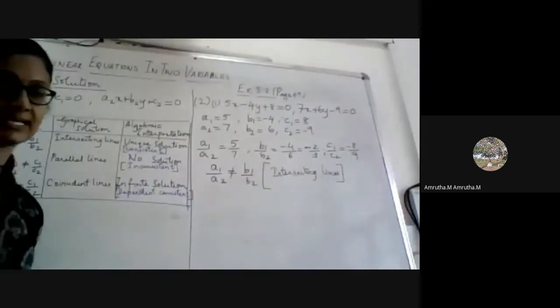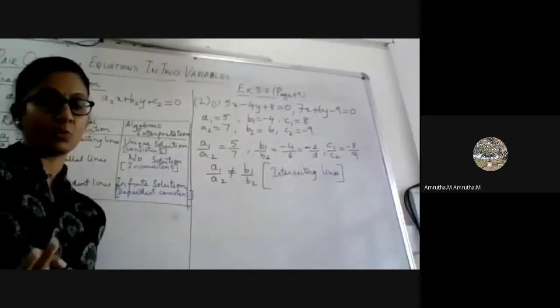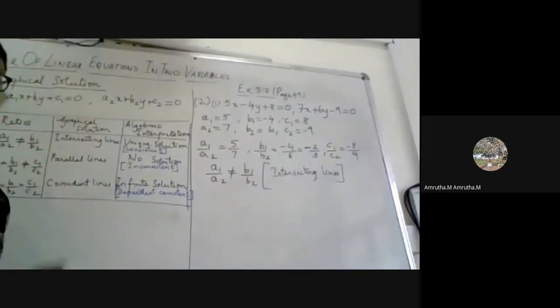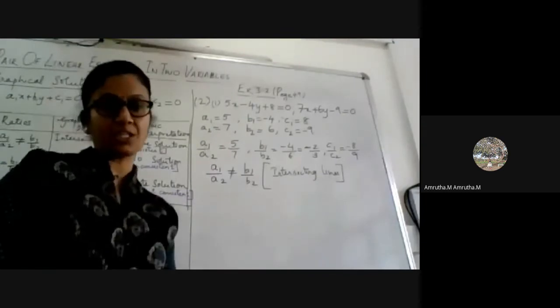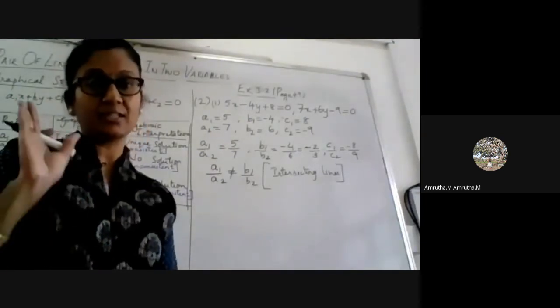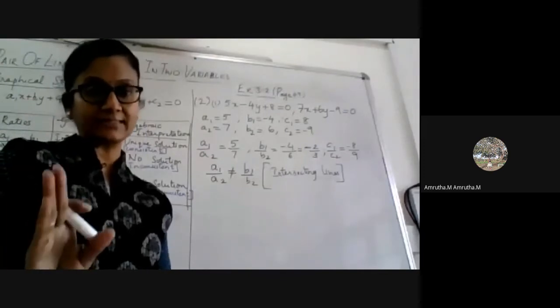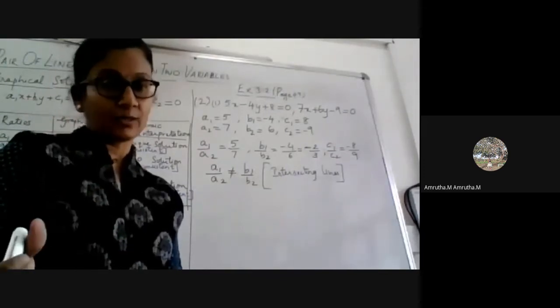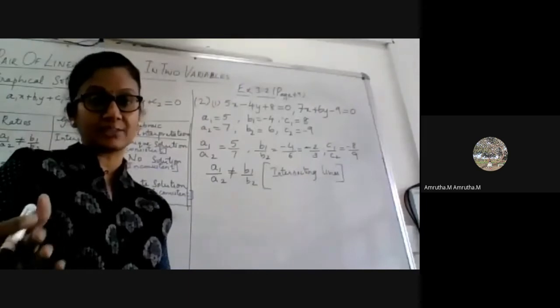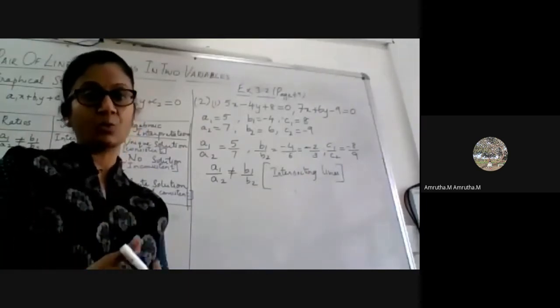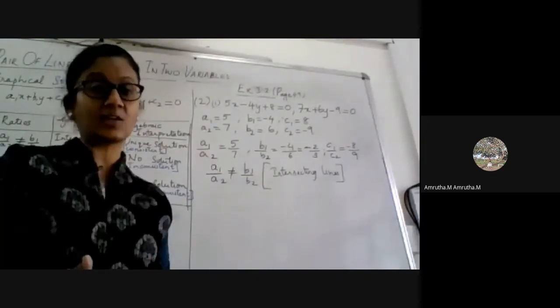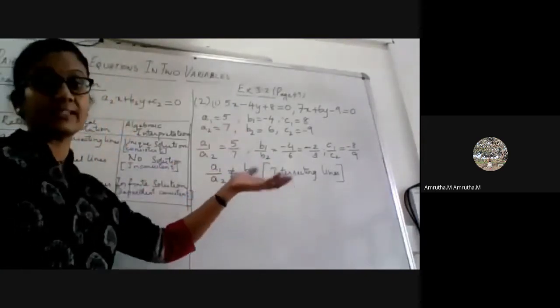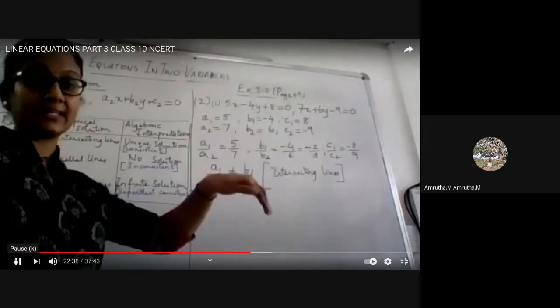Now, how do I represent this graphically? I think in the last class I have just given you a hint about how to do it. Once again, I thought I will tell you, because a graphical solution has come for the last 2-3 years continuously in section D. For standard maths, it has come in section C. So getting 3 marks or losing 3 marks is in your hands now. Please concentrate on how it has to be done. It is very simple to score these 3 marks. See, they are directly asking questions by giving the equations. Otherwise, you have to frame the equation and then get the graphical solution.